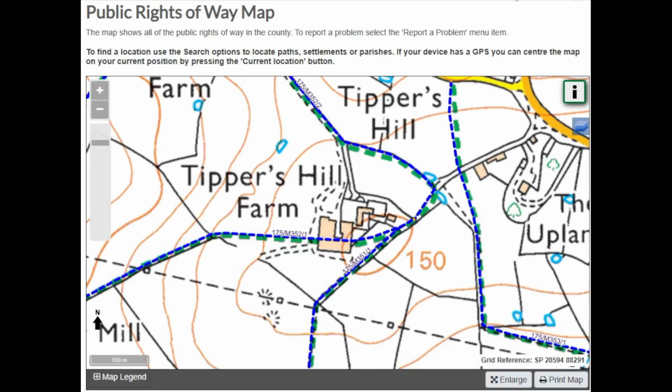The first one is a definitive map extract of Tippers Hill Farm in North Warwickshire, and the next one is the Google aerial view that we're going to work with, and then finally we have the extract of the same area, this time from the Warwickshire right-of-way reporting tool. I'm going to show you that first, and here it is. And you can see in the centre there, footpath